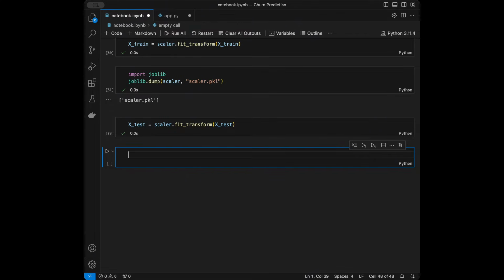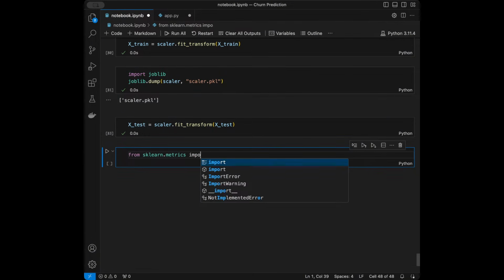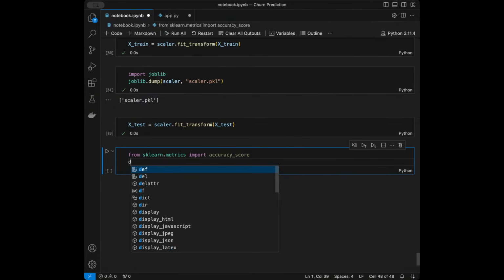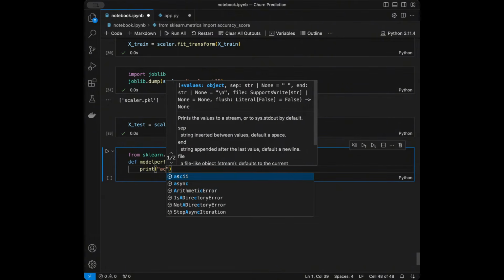Next up, we are going to do modeling. We are going to build our classification models. So firstly, I'm going to define a function for getting the model performance. I will say from scikit-learn metrics import accuracy score, which is going to be our metric for evaluating the classification models that we are going to be creating. It takes values between 0 and 1, and the value closer to 1 is better. So I will say define model performance, and I'm going to be passing the predictions from the model,